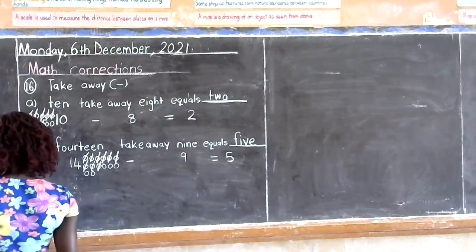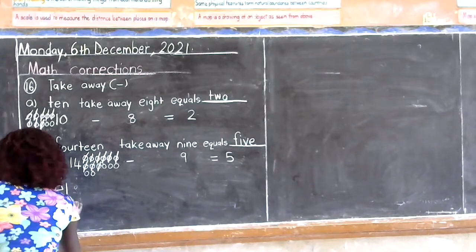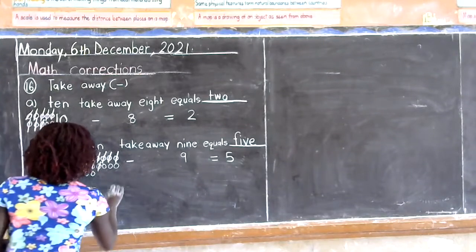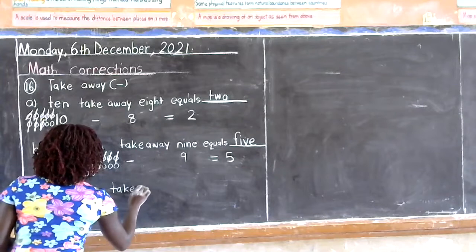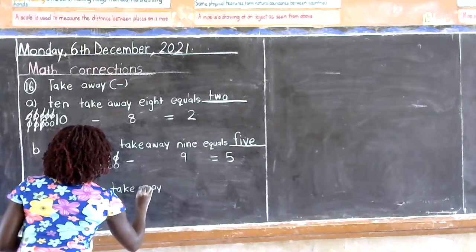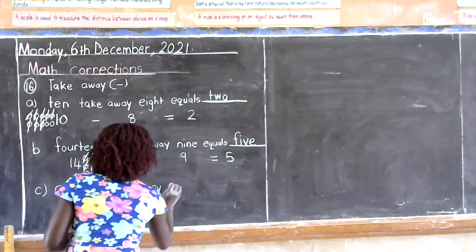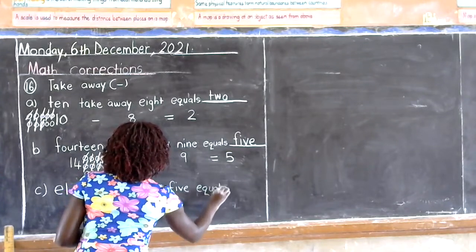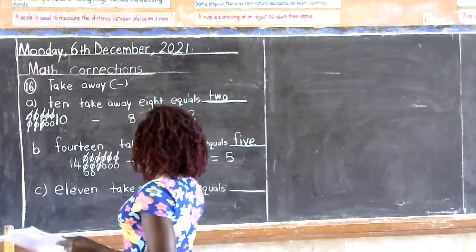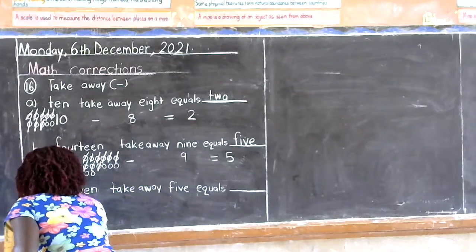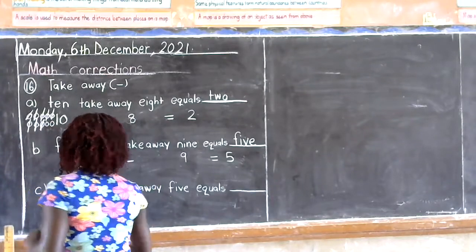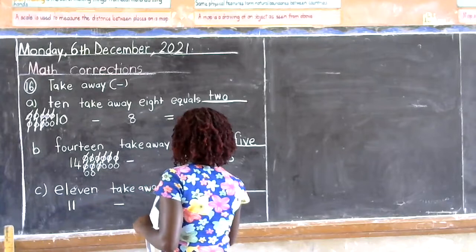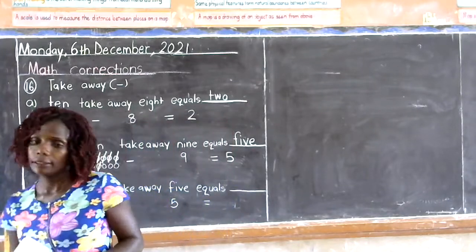Then we go to question C. 11 take away 5 equals. Where the word 11 is, we write number 11. Then we put the take away sign. Where the word 5 is, we write number 5. Then the equal sign. Now we are going to draw